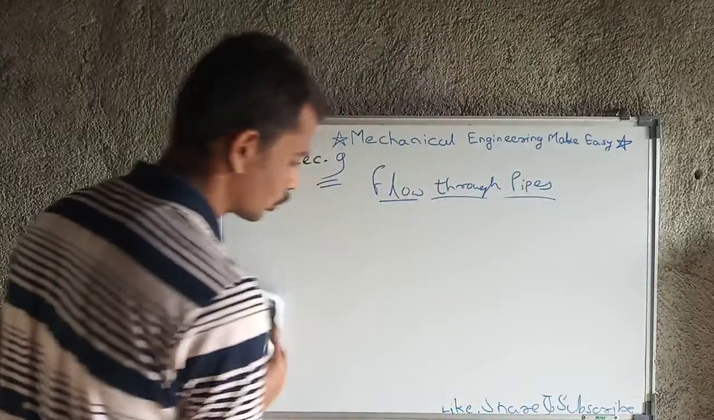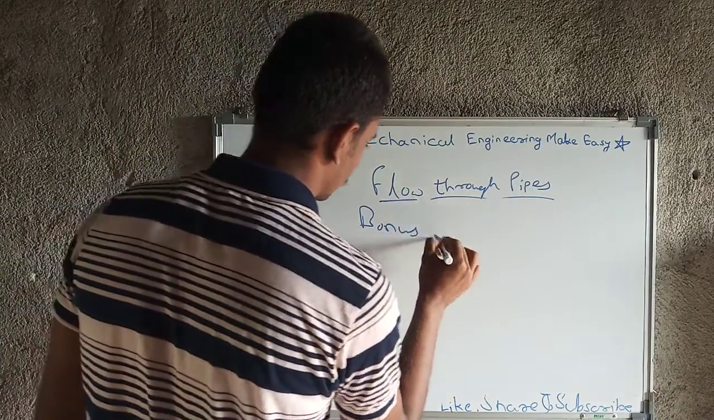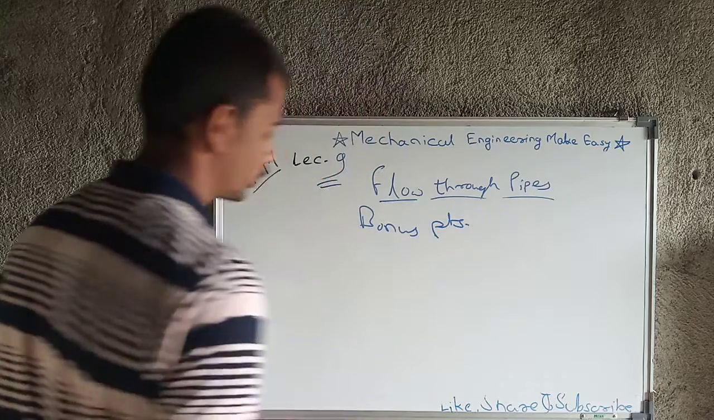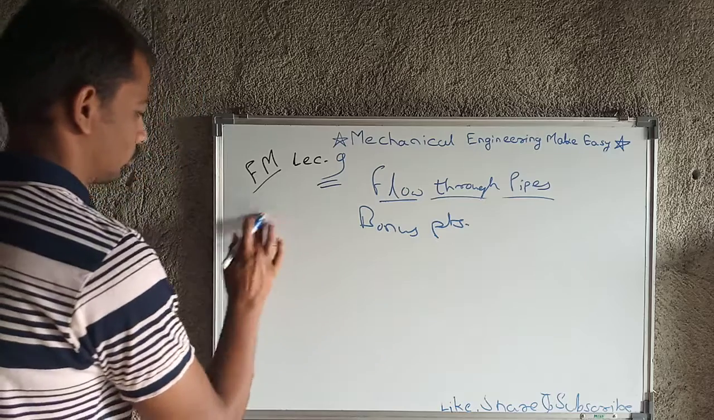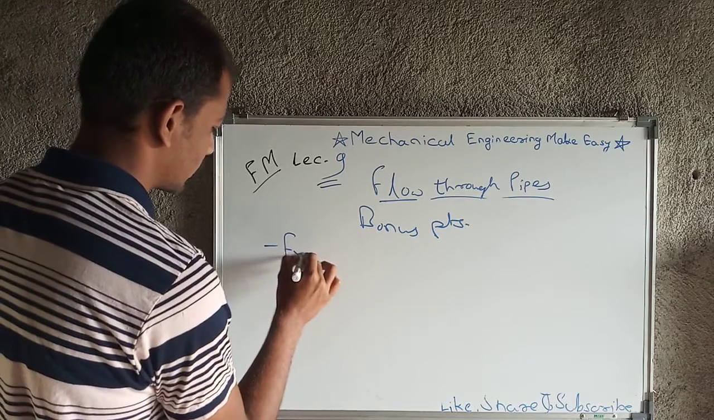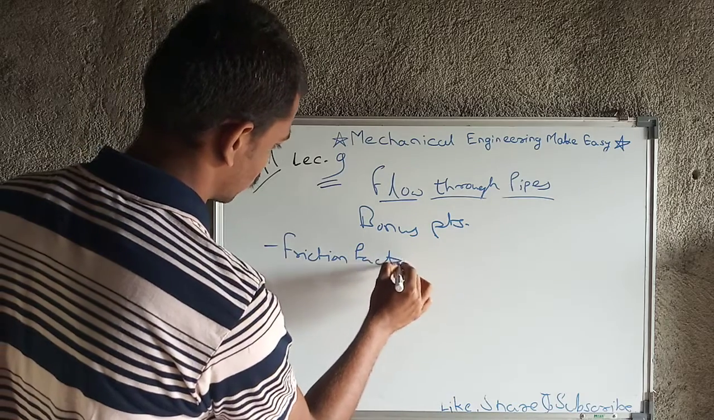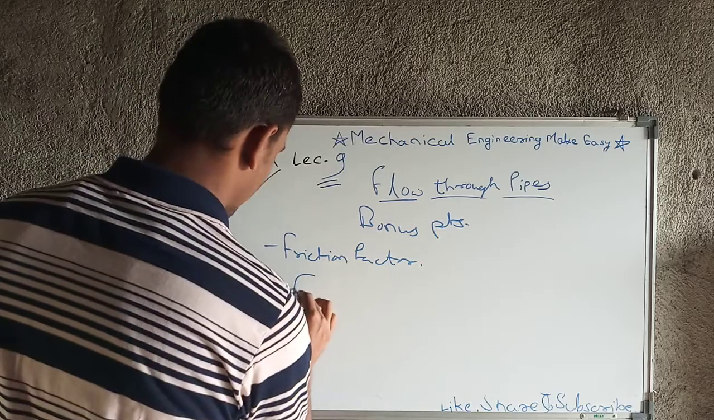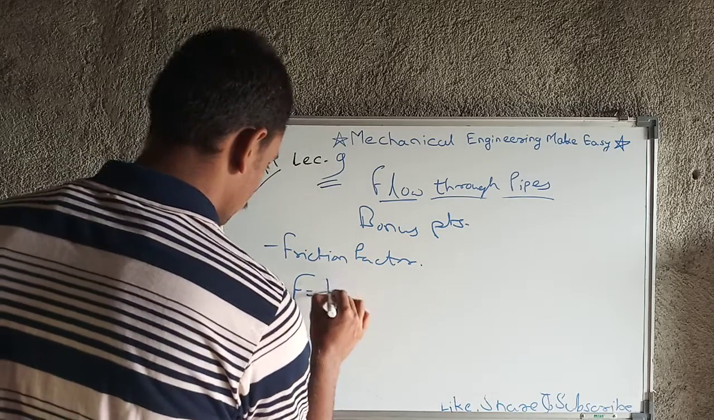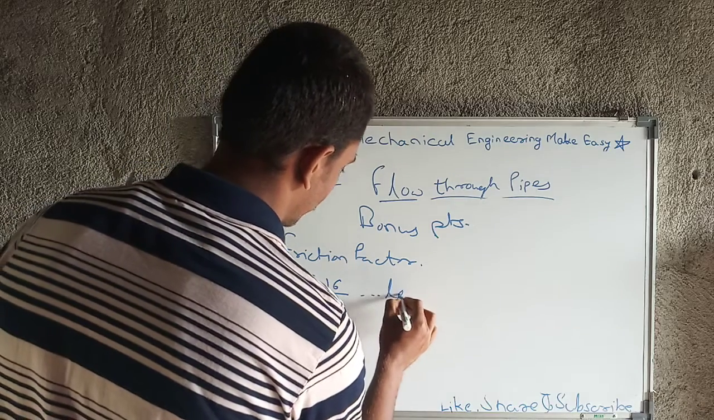Now we will move towards today's bonus points. What are bonus points? We have discussed one term, that is friction factor. Friction factor, that is capital F, is equal to 16 upon Re, that is Reynolds number, for laminar flow,